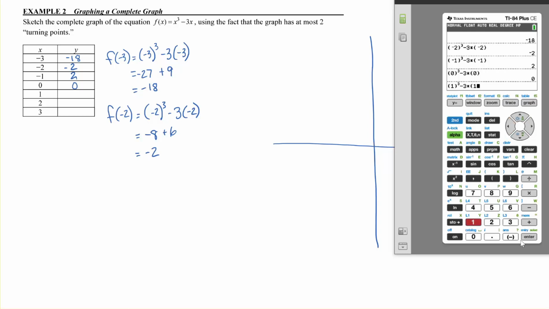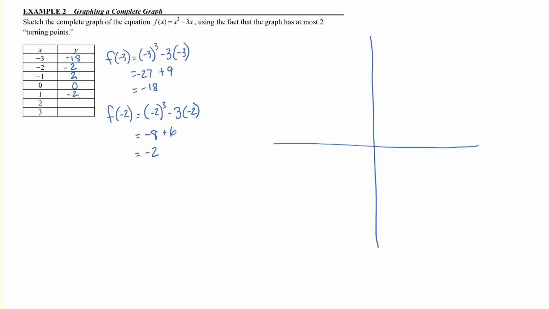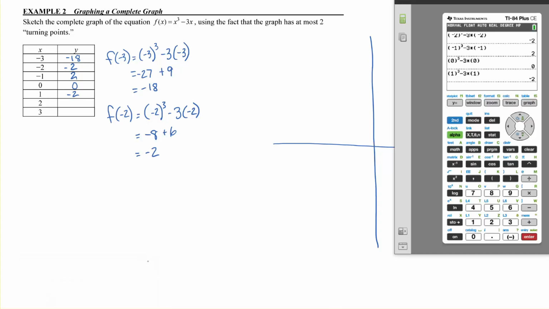Okay, so you can let the calculator do the computation for you, and put a 1 in there, a 1 in here, and we've got a -2, and copy that again, hit enter, and put in a 2, put in a 2, and get a +2,